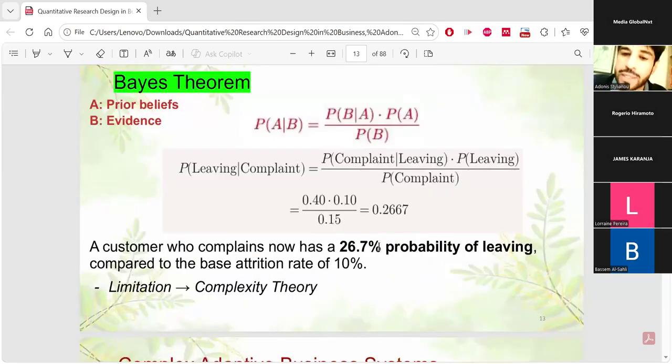Now, this is a good example where the departure point of the quantitative analysis is going to be different because you apply the Bayesian paradigm. We are using historical information to actually update our probabilities, and instead of using the 10%, you are using the most realistic, which is 26.7%, which is statistically high enough, and therefore you can use this as an explanatory variable in regression. You can use, for example, the complaint when people want to complain as an explanatory variable, because you know